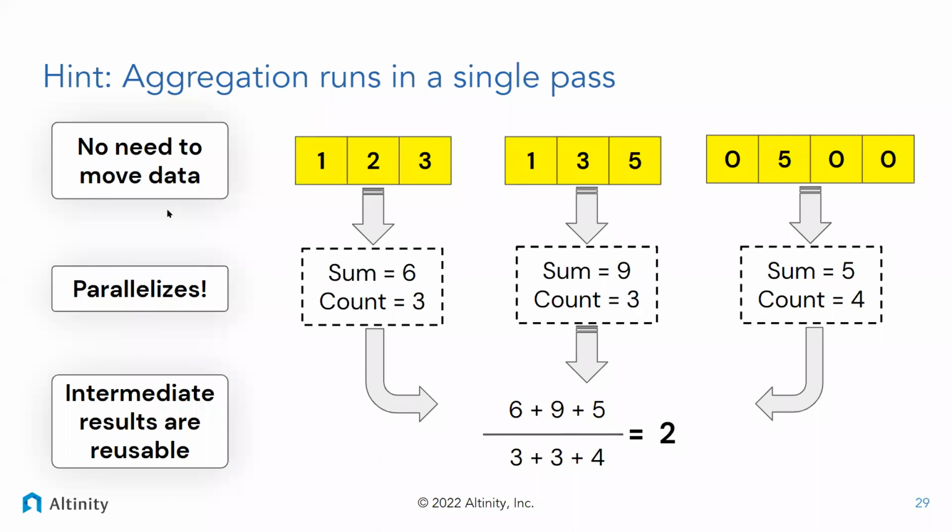as you go down each thread. The second thing is that the same algorithm parallelizes extremely well, not only across cores, but across machines, and even across time, in the sense that you can compute things up to a point, store the results, and add more to it later, and you still get a correct result. And that's the third thing: these intermediate results are reusable. So aggregation is a tremendously powerful feature of ClickHouse, and in fact, it is the fundamental mechanism for getting information out in a hurry that's useful to human beings.